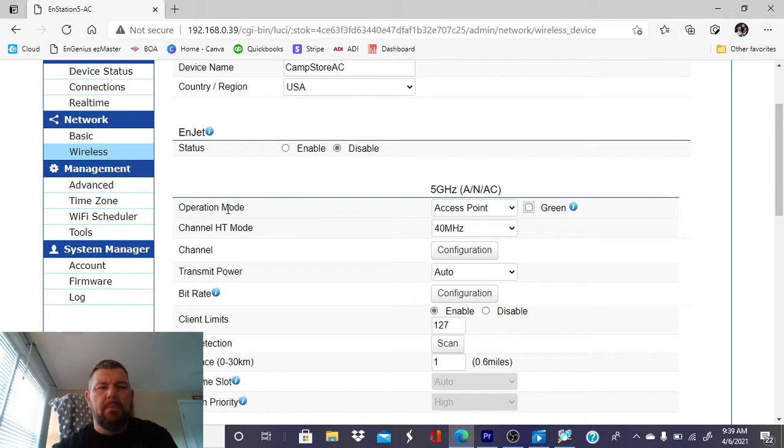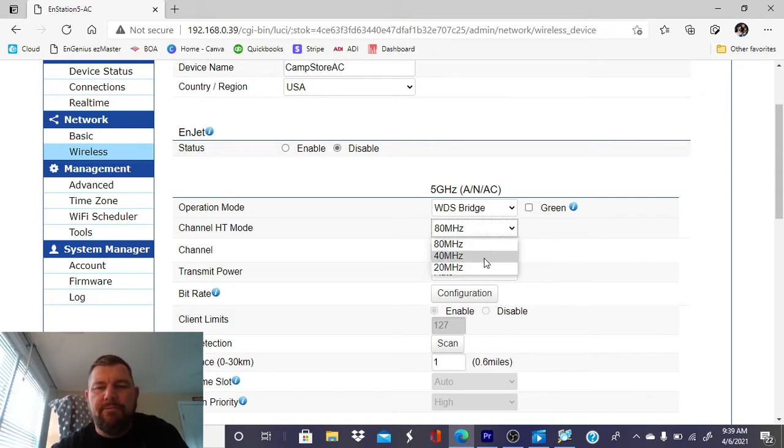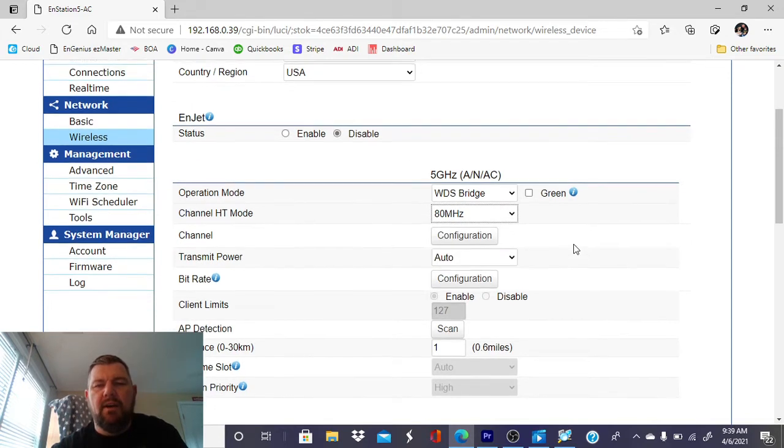And where it says operation mode, we want to switch that from access point to a WDS bridge. All right. Channel HT mode. I prefer 80 megahertz. It's a broader channel, and it's set up for more throughput. If you're in a heavily congested area, you might want to pick 40 megahertz. It's not going to affect the performance, but I like the higher throughput option, which is 80 megahertz, and these